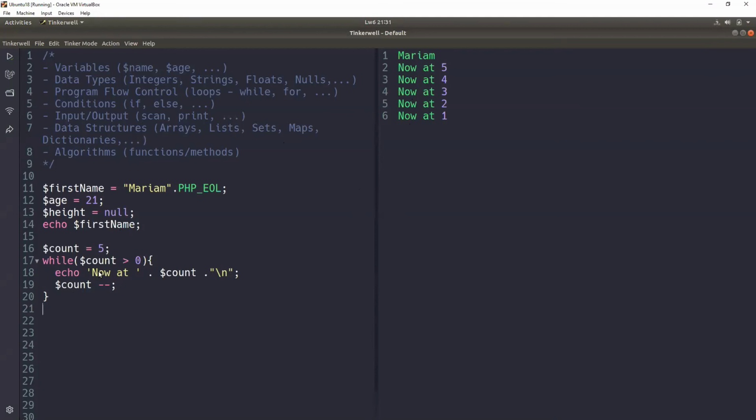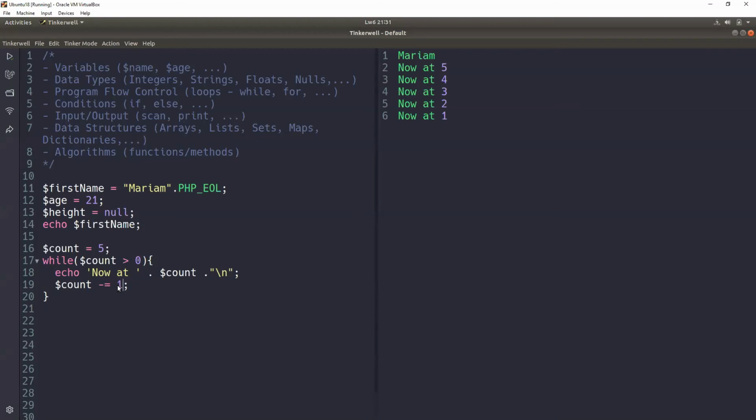So it means echo now at the current count, and then count minus minus, which means reduce the count by 1. Or we can say count minus equals 1, which also means reduce the count by 1.